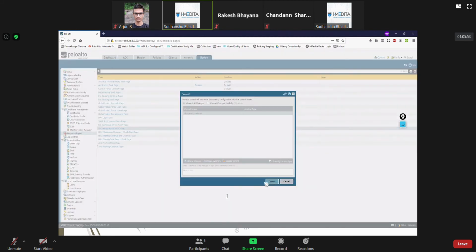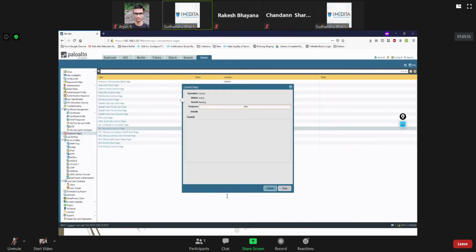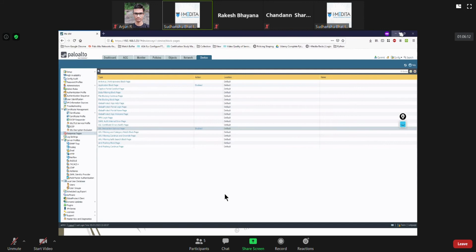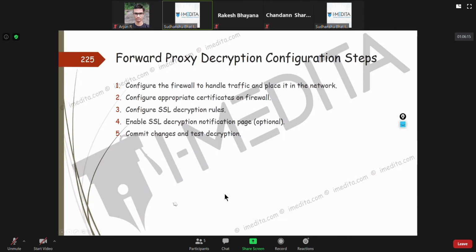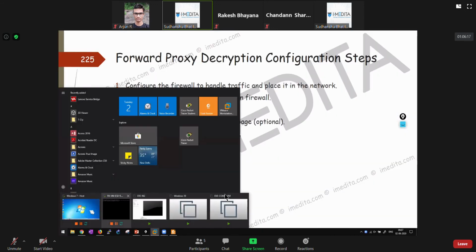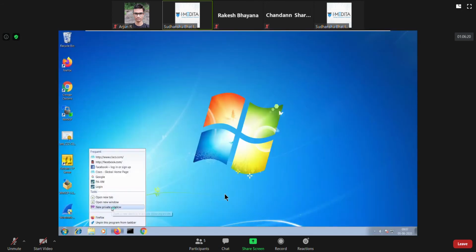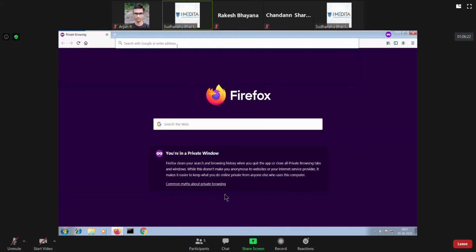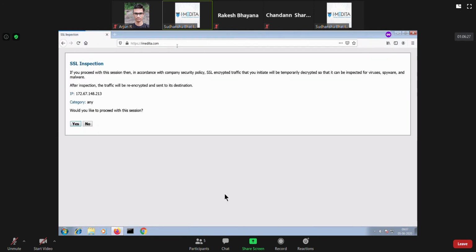Now, see what changes. Decryption still happens. It's just that you are giving a warning to people that we are going to perform decryption. If you don't want to have your content decrypted, don't access it. That's the whole point of it. Now if I go to imeditor.com, you see what it shows here?